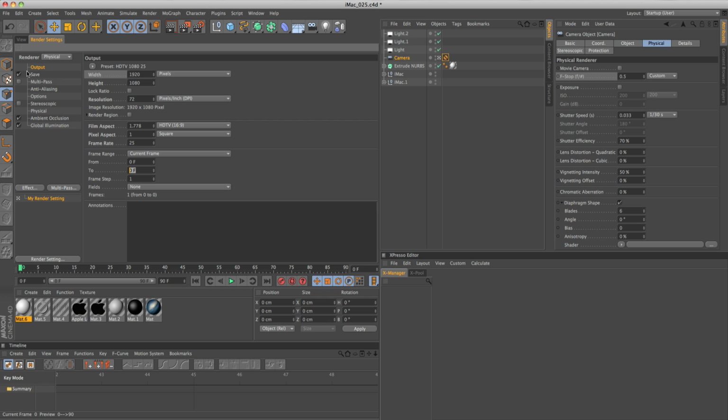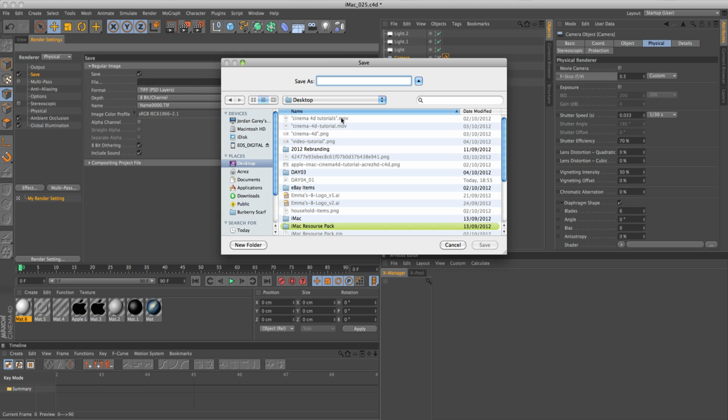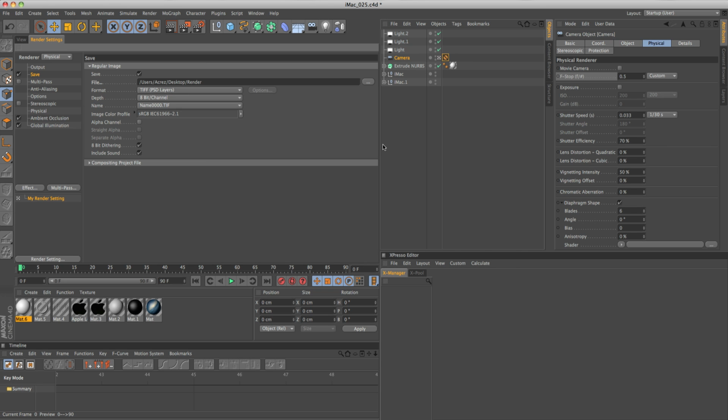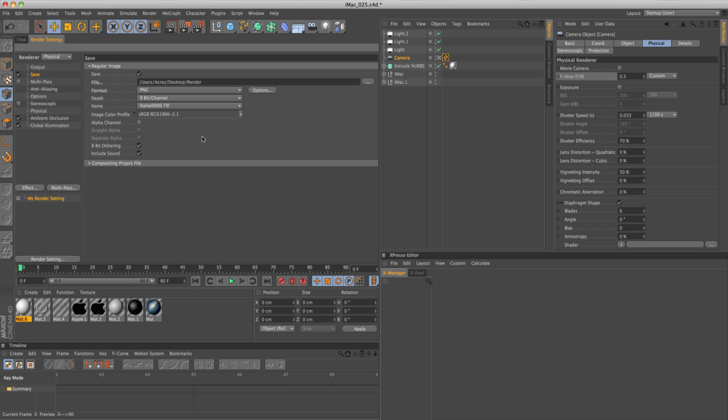And with all that checked, you want to come up to save, and if you select file and then hit the button and select desktop, and you save this to wherever, so we're just going to call this render, and then hit save, and then that will be rendered to the desktop. And then the format, you can choose whatever. You could have a JPEG, or I always like to work with PNG, portable network graphic. The depth we want to keep at 8-bit channel for now,